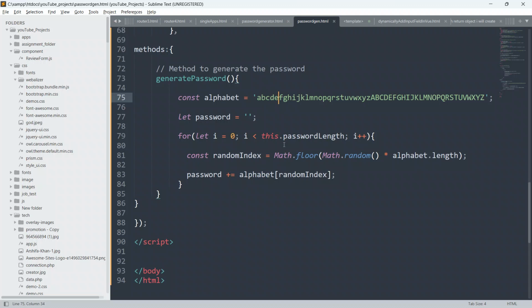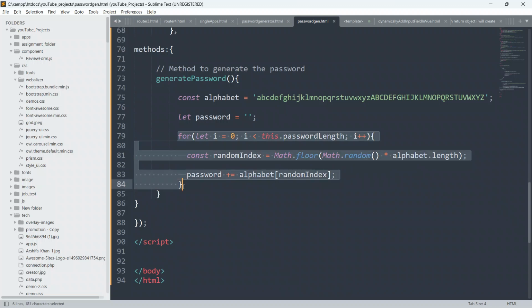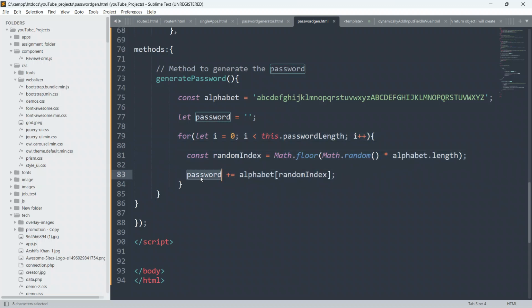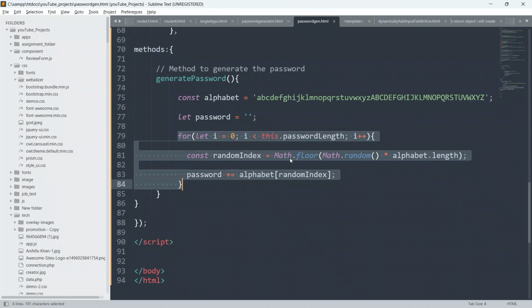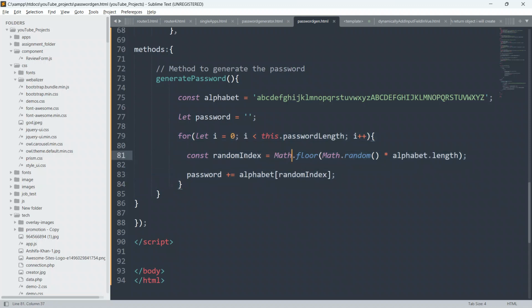After completion of the cycles, it will extract all the characters from here and append them inside the password. Suppose from the first cycle it got 1, from the second cycle it gets 2, from the third cycle it gets 9, 10.